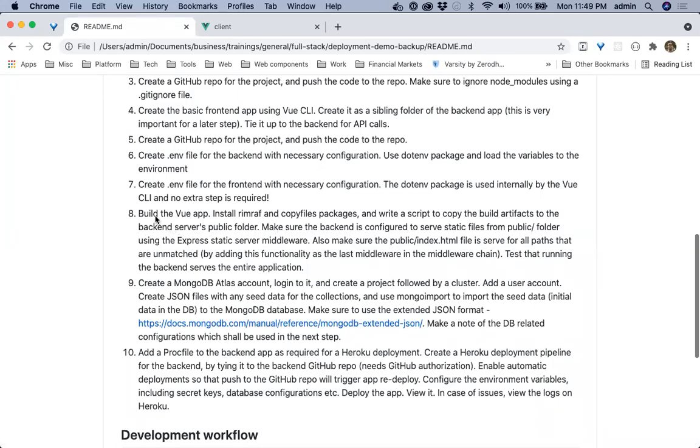We'll create a production build for our application in this step. What we'll do is build the front-end application and copy over the build artifacts, the folder that is generated, the files in that folder, the dist folder. We'll copy it over to the backend project, and then we'll make sure our backend itself is a full-fledged application with both the front-end and the backend files together.